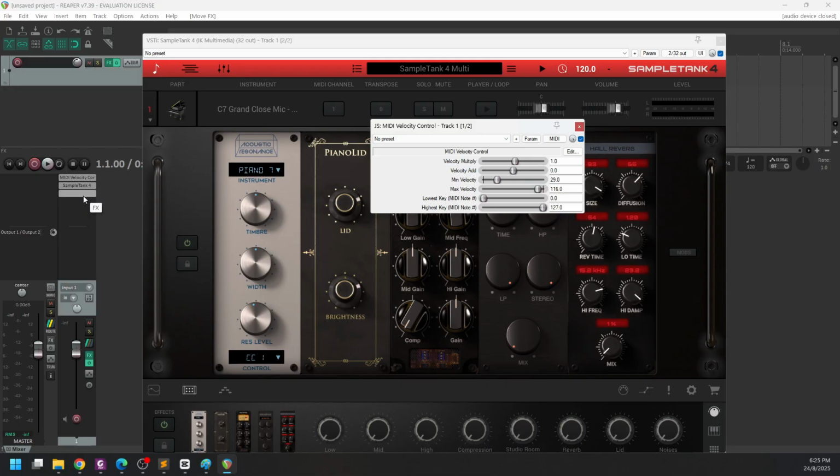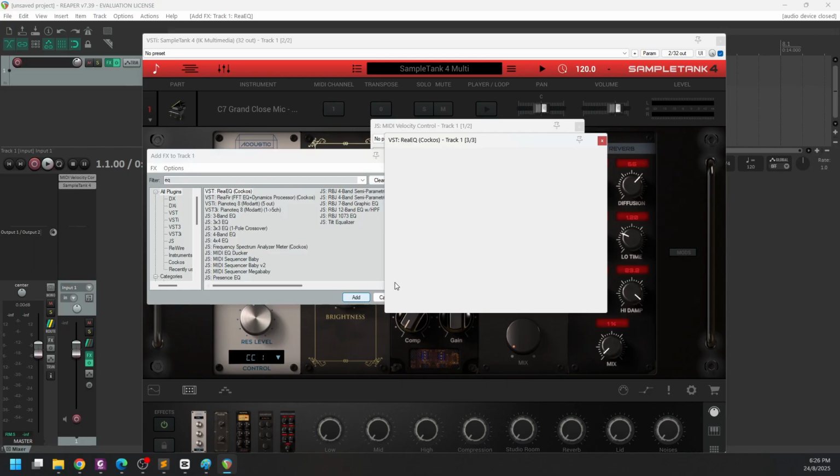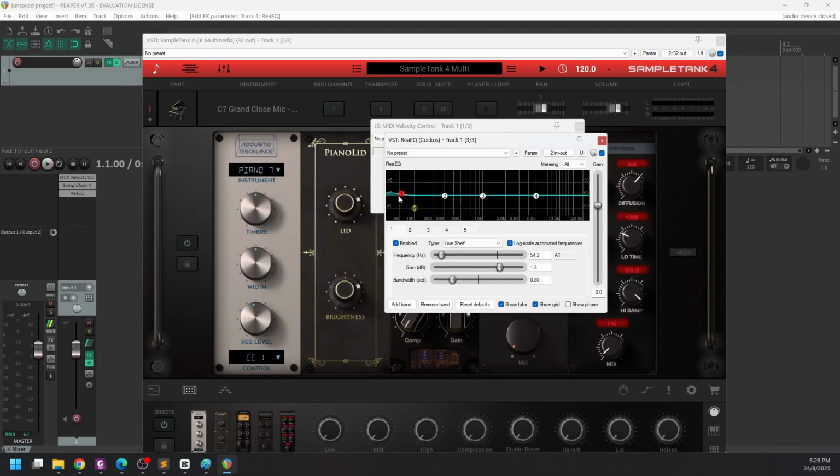An additional thing to mention, if you have an EQ, you might want to put it after the SampleTank. So EQ, for example, I never use any of this, but I suppose it will work. For piano, typically I just reduce the bass a little bit and so on. And if you have a reverb plugin, you can put it after the SampleTank as well. Okay,